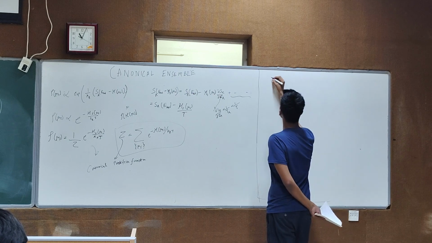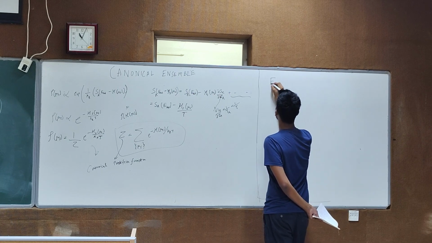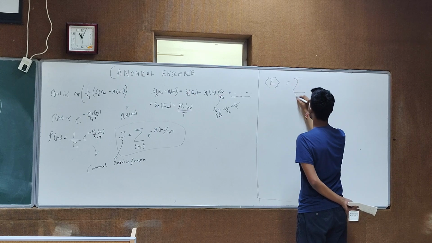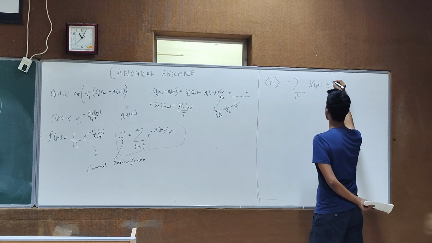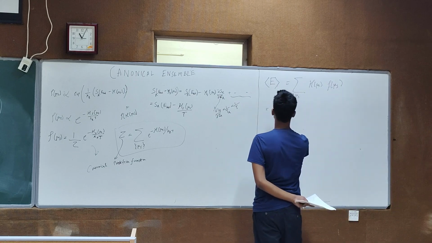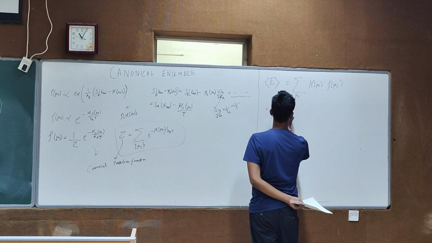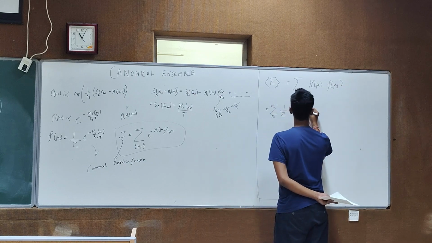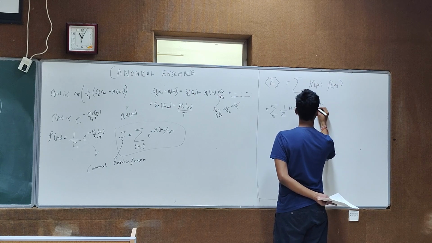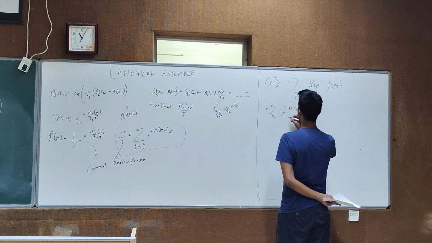Your average energy E would be basically equal to the sum over mu s of the energy Hamiltonian of mu s multiplied by the probability of mu s, which is basically